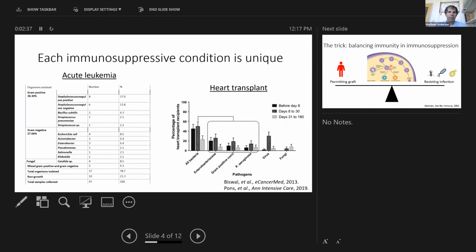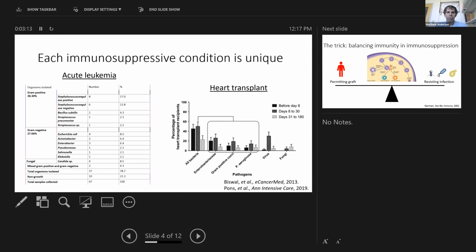And if you look at different types of treatment regimes that are going on in the clinic, there are different species or different kind of categorical taxa that are more common agents in these infections, depending on exactly the condition of the patient that's being treated. So with acute leukemia, you're seeing that gram-positives kind of went out. When you look over at heart transplant, it's the gram-negatives that are typically more prevalent, the enterobacteria, the enterococcus that are shown here. And this increases over time to be more dominated by things that are fungal and viral, which